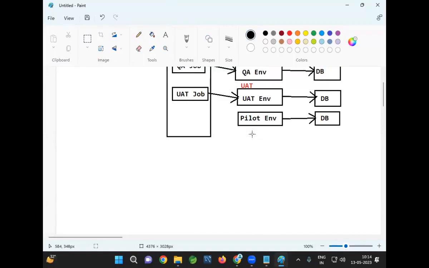Simple example: has anybody been to a bike showroom to purchase a bike? Yes. Have you taken the bike for a test drive? Yeah. Why have you taken it for a test drive? To understand what the sound of that bike is, what the mileage is, what the capacity of that bike is. Similarly, when we are going to deliver our application to the client, the client will ask, how many users can